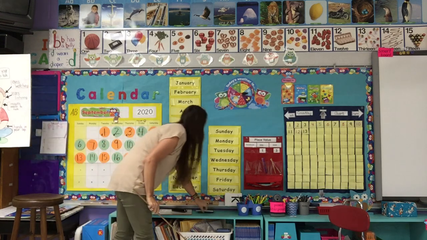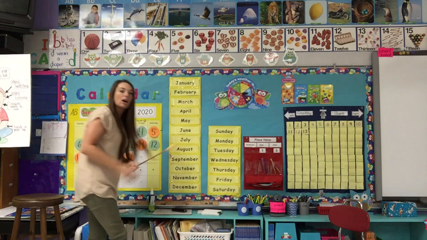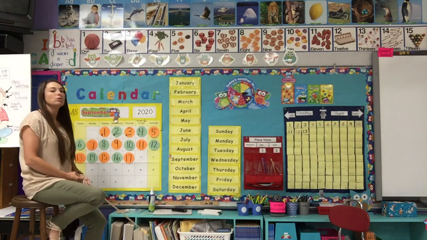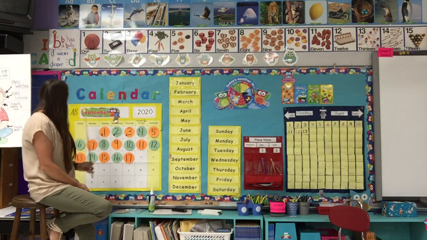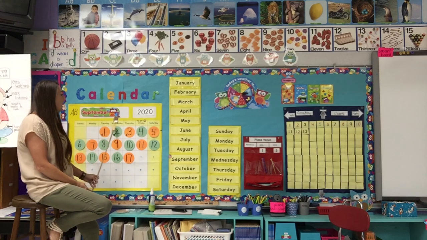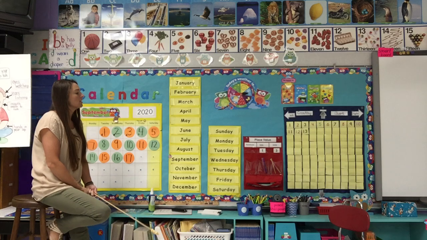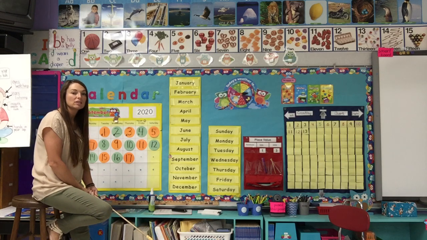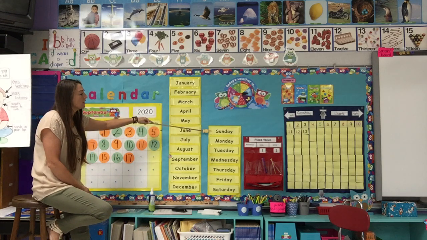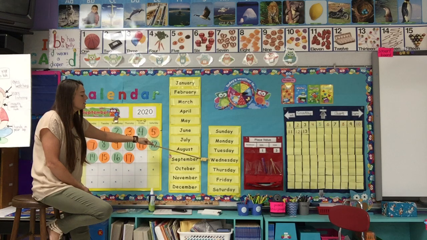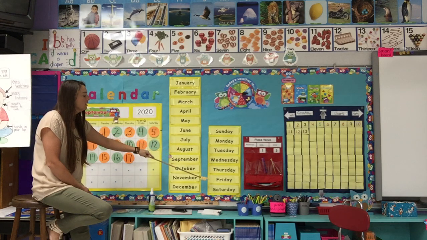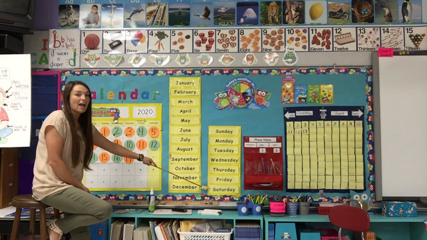Now, we have 7 days in a week. Move these letter cards real quick. And we're going to say all 7 days of the week. If you know those, just say them with me. Sometimes we pointed them on our calendar, but this morning I'm going to use the list over here of our 7 days of the week. So the week actually starts on Sunday. So let's say our days of the week. Ready? There's Sunday, Monday, Tuesday, Wednesday, Thursday, Friday, Saturday.